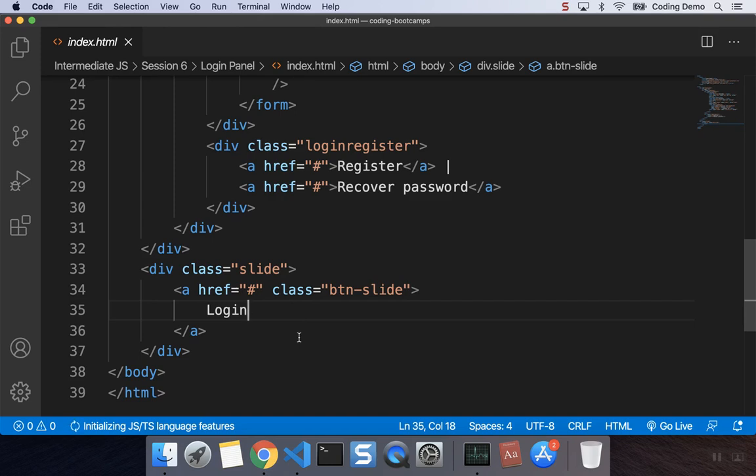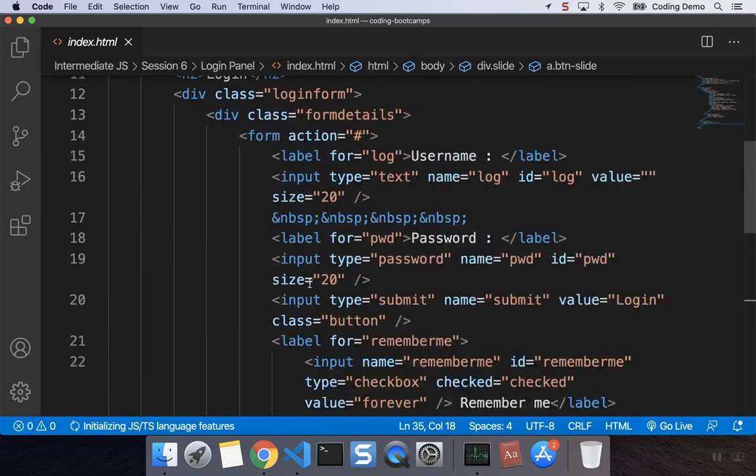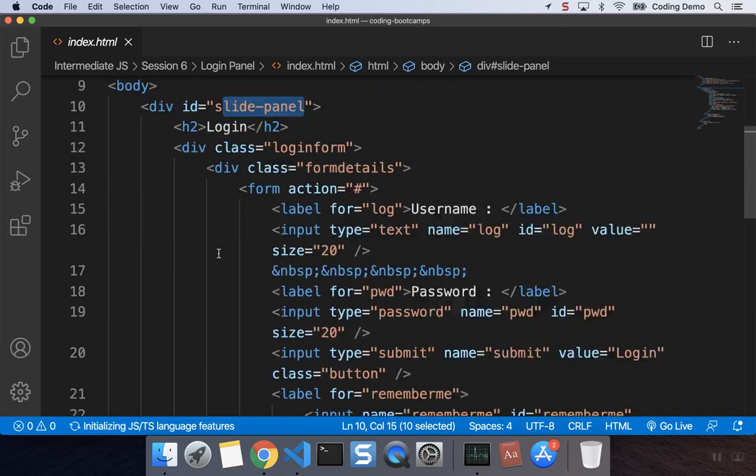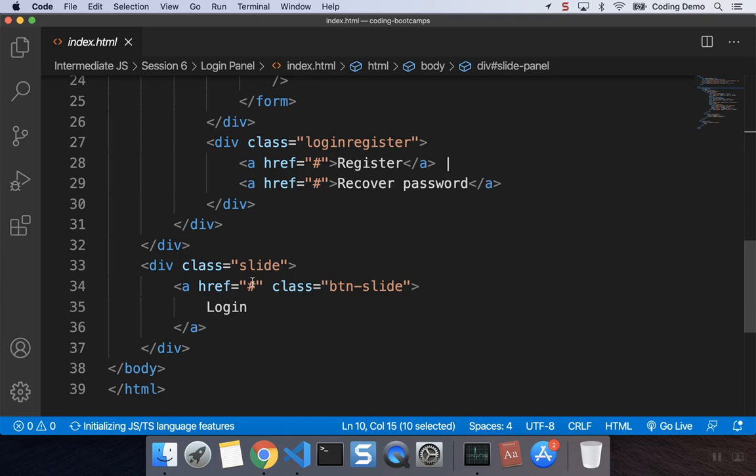jQuery provides us with a slideToggle method for the sliding effect. So on the button click event, we are going to use the slide panel div to slide down. The slide panel div I have written right here. We want this to slide down when this button right here is clicked. So on the button click event, we will push the slide panel div to slide down. The value inside the slideToggle